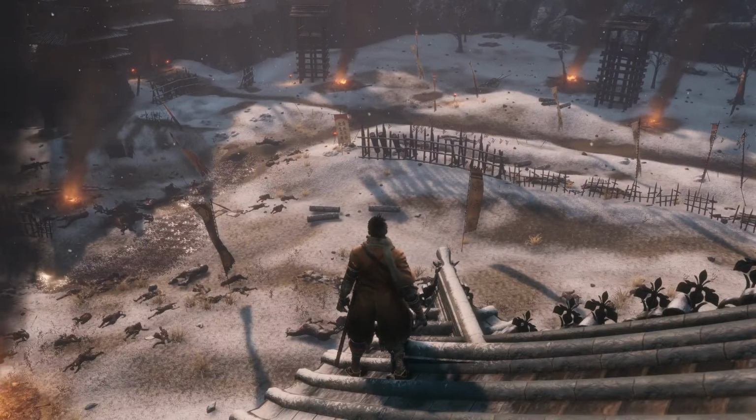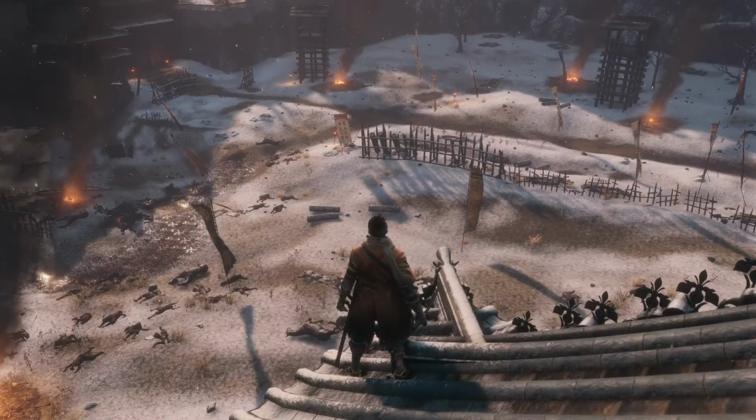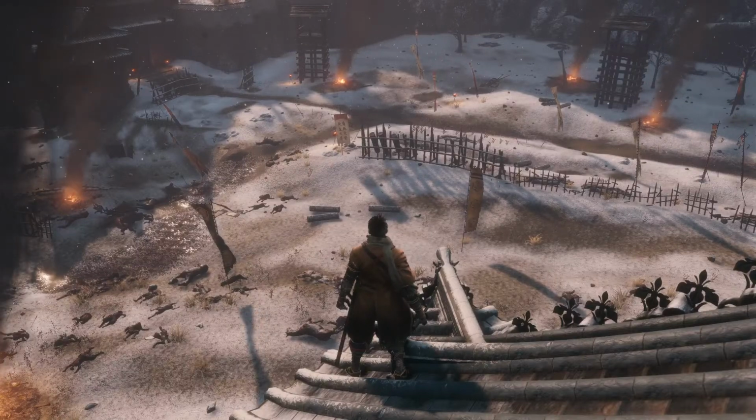The other thing is, like I said, we have the firecrackers for the horse. The firecrackers will upset the horse, so use that to your advantage as well. It's very easy to knock him off his post for a bit with that. And so we're just trying to... It's not a terribly difficult fight by any means, but